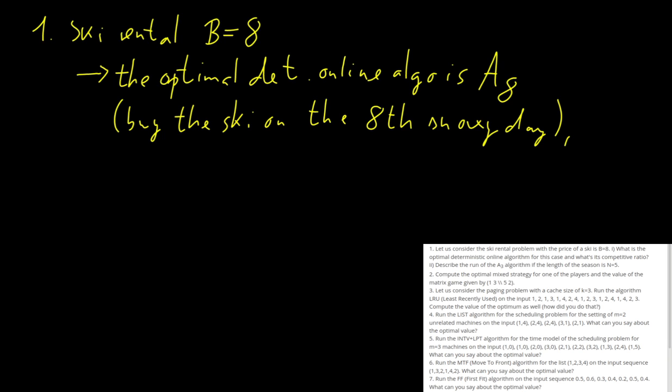And what's its competitive ratio? The competitive ratio is always 2 minus 1 over b, which is 1 over 8 in this case, and that's just 15 over